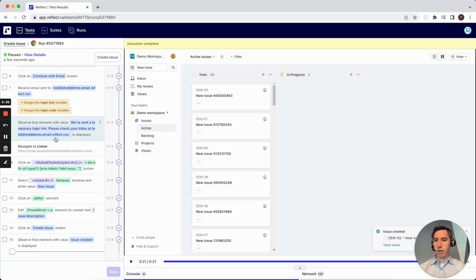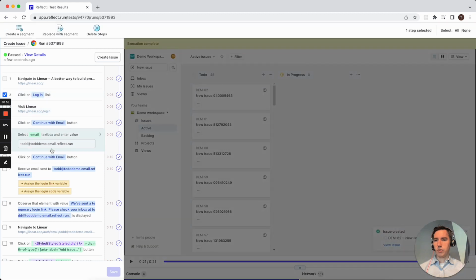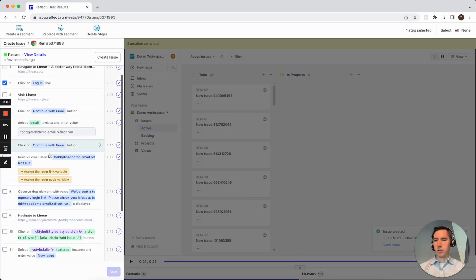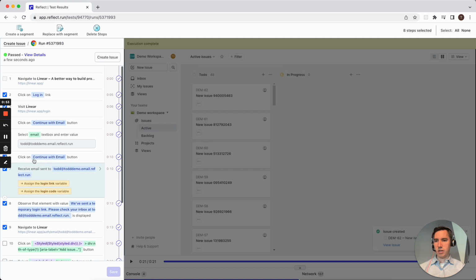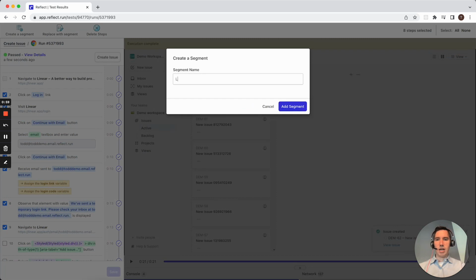So to create a segment here, what we're going to do is choose the test steps that we want to be shared across multiple tests. So that's going to be login all the way through navigating to the Linear page after we're authenticated. So I'm going to shift click on step 9 here, and you can see all of these steps are chosen. And then in this menu that appears, we can just click create segment, and I'll give it a name, Linear